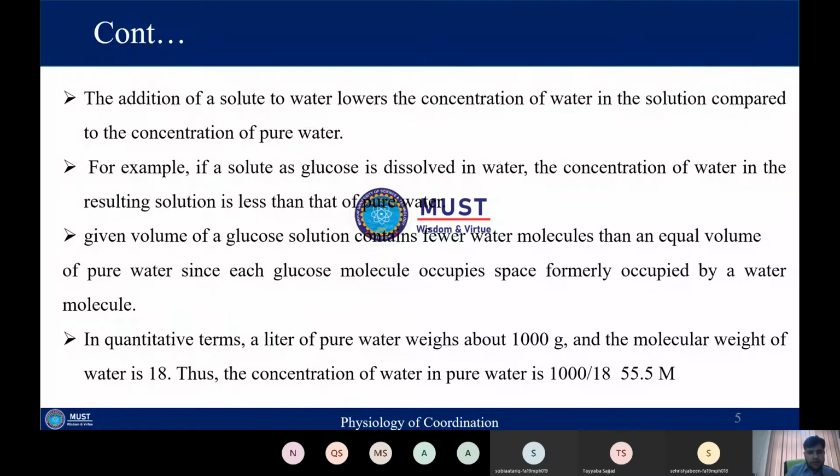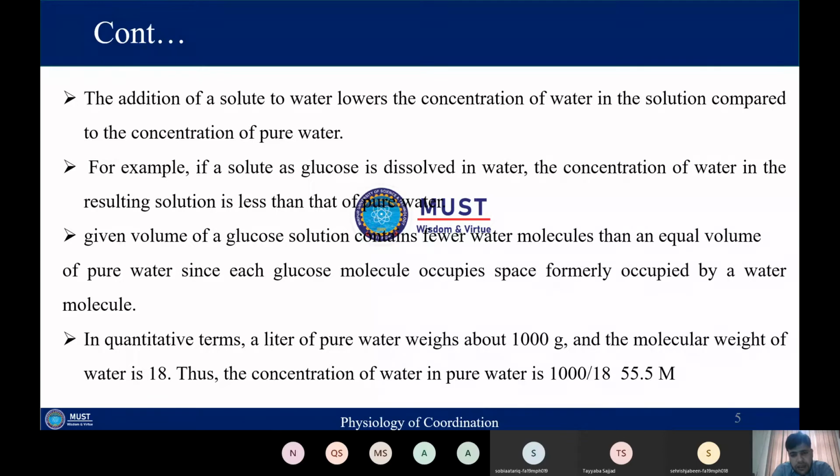So the volume of the glucose which was added to the water solution, or the pure solution of water, will automatically decrease the concentration of the water, and it will decrease pure water molecules. For example, if we add 2 molecules of glucose, it means it will lower the concentration of the pure water by 2 molecules. So an equal number of molecules of the pure water will be decreased by the addition of the glucose molecule,